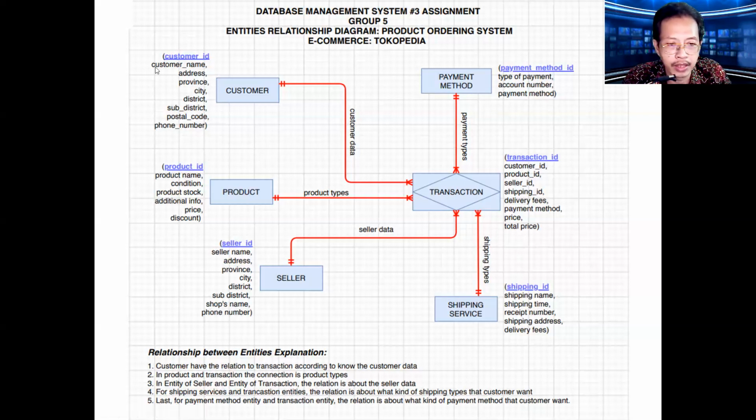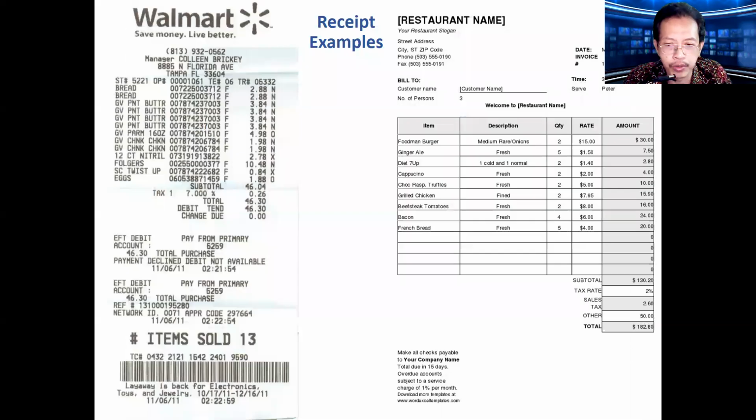Okay, so this entity relationship diagram is mostly correct, except probably for this one, for the product here. And then, maybe not exactly the same as this, but now we will give an example of a physical store, a physical supermarket. And a system or an application, part of it would function as a tool to print